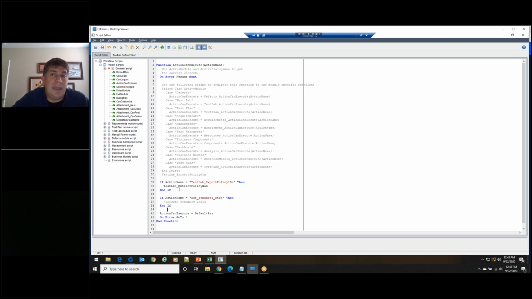As you can see here, it's also a great way to export specific data that you don't really need to go through a full report for. Another instance where we created a toolbar button was in the defect module, to find duplicates. If you find 3 defects that have the exact same name, you might have some duplicates there. Those are just a couple of really quick examples of what can be done here.